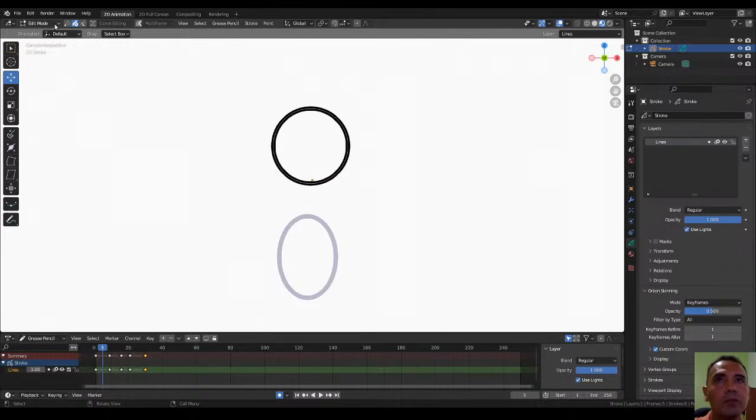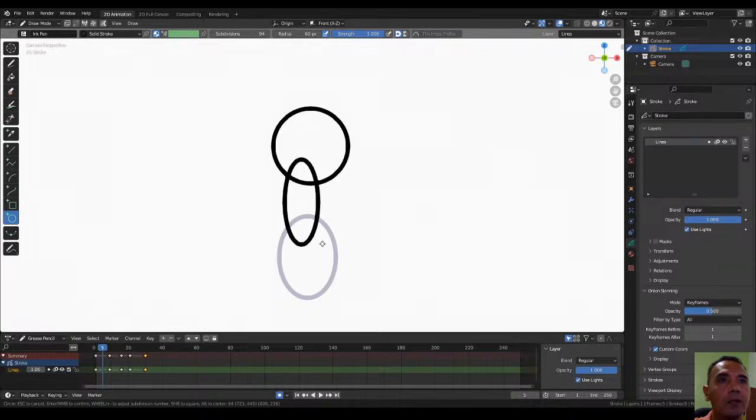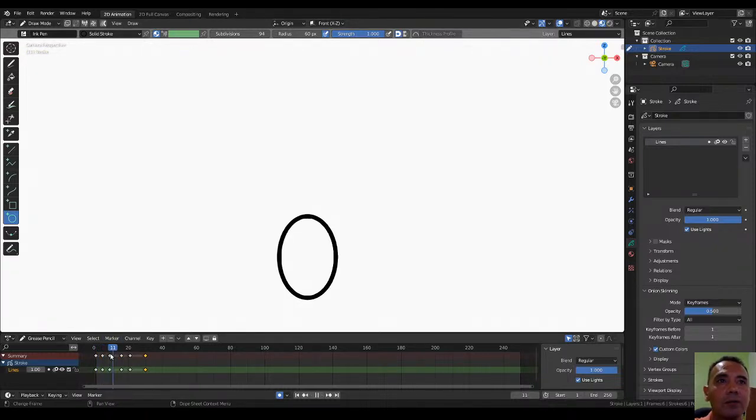In between I could go draw mode, and I draw a little more this round, but is getting this shape. It's becoming a little straight from round and coming here, and then we can add another in between right here,